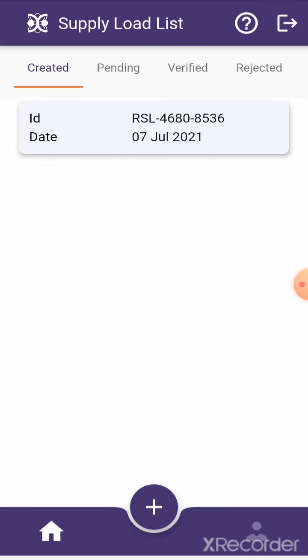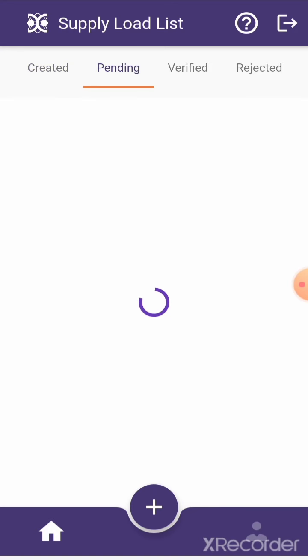There are other tabs as you can see on the load, where this is the pending tab. The supply loads created will appear in the pending tab when social app associate extracts the data and the data is pending for validation of the recycler.